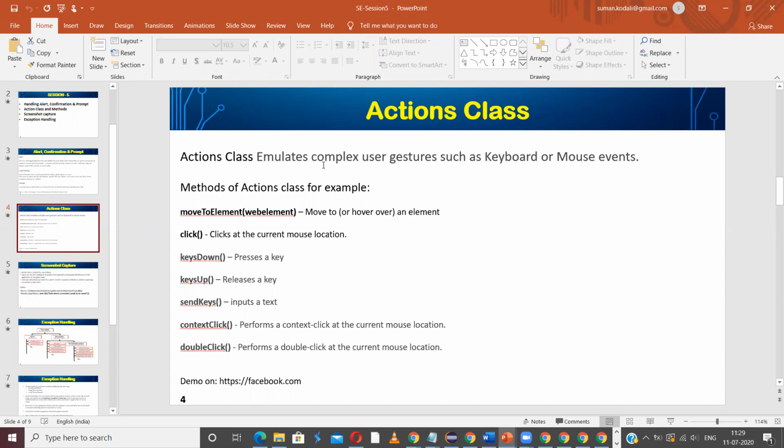T is capital, E is small letter, S is small letter, so all the rest are small letters. Suppose what if I want everything to be typed in capital letters? In order to do it manually, we will press the shift key and press on the keys, so that whatever I click on while pressing the shift key will be printed in capital letters.